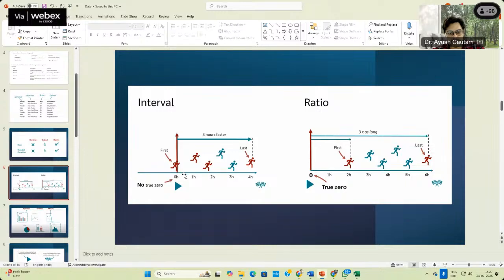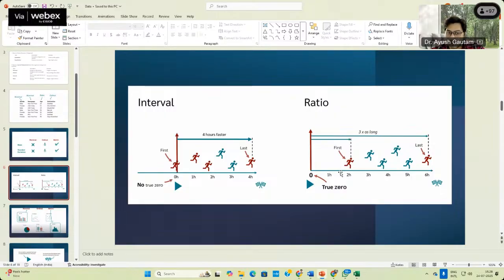Suppose two trains were started, but you didn't know where these two trains were started from. Then at any specific station, what will you say? Train number 2 is 4 hours after train number 3, isn't it? But if you know the true zero, then what will you say? Train number 1 is delayed by this much time. क्योंकि आपका कोई true zero तो है नहीं. Do you understand the difference between the two?